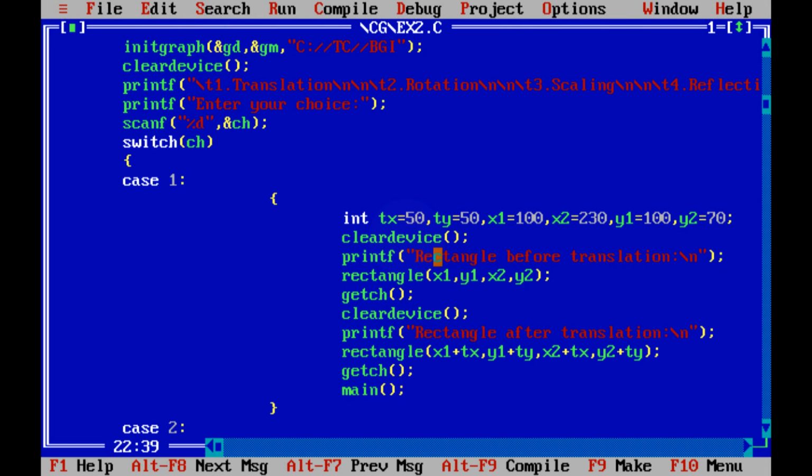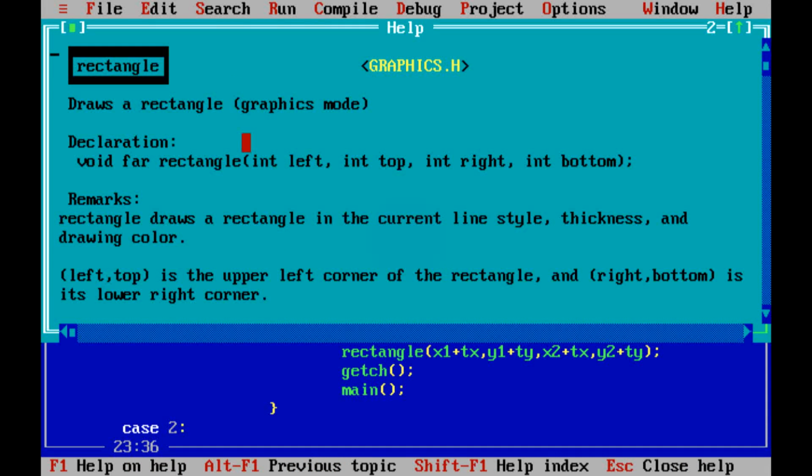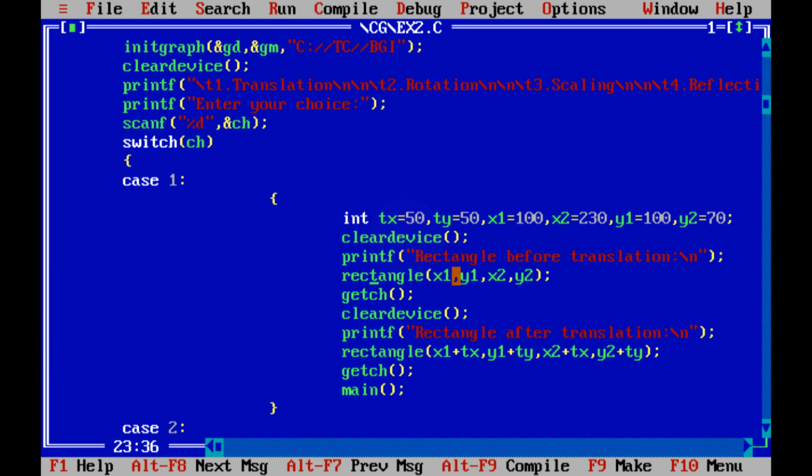Alright, so now we are printing the rectangle before translation, and this rectangle function just prints a rectangle. This is a rectangle function provided by the Borland Graphics Interface, and it takes left, top, right, bottom. These are the pixel values for left, top, right, bottom. With these 2 points, it's able to draw the whole rectangle.